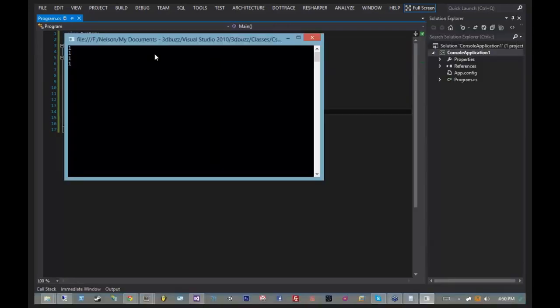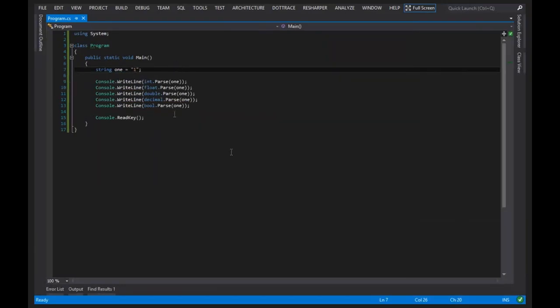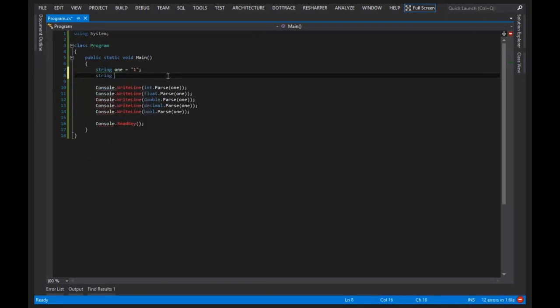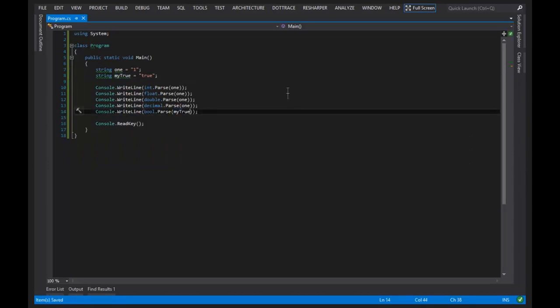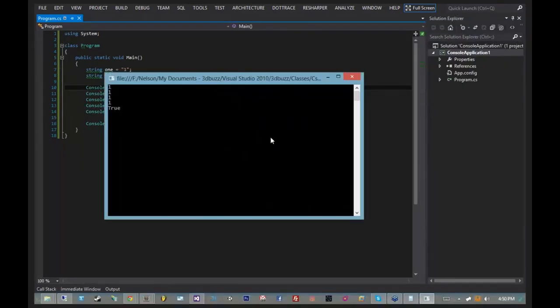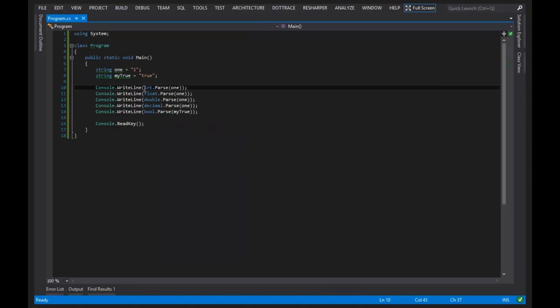I think the boolean will actually, yep, it'll fail because boolean.parse only works with the words true or false. So let me go ahead and say string myTrue equals true and do bool.parse myTrue. So there are a variety of different parse methods on each one of the basic types that we can use. So yeah, those are the ways that we can actually go about taking a string and turning it into numeric